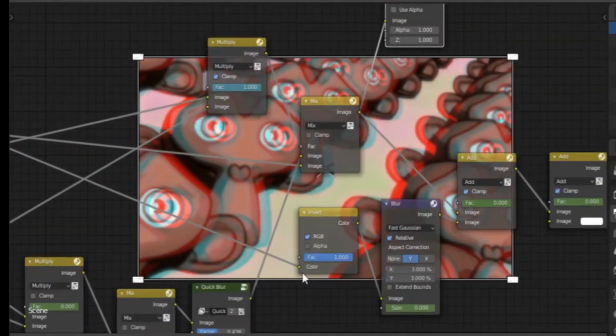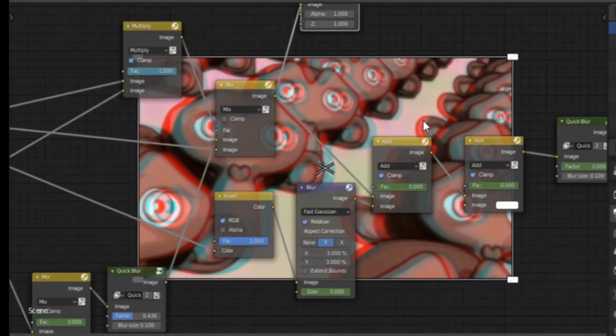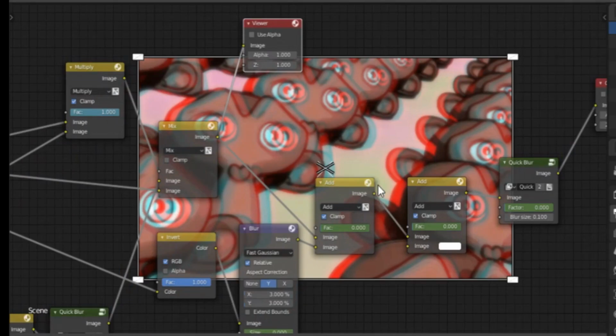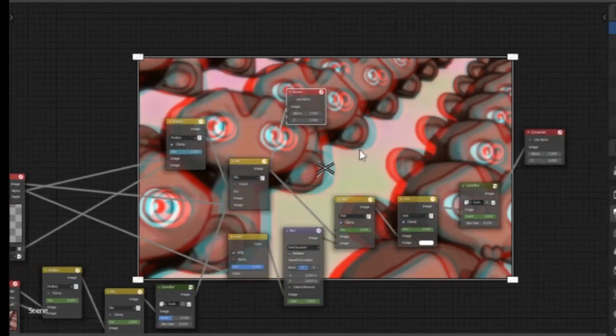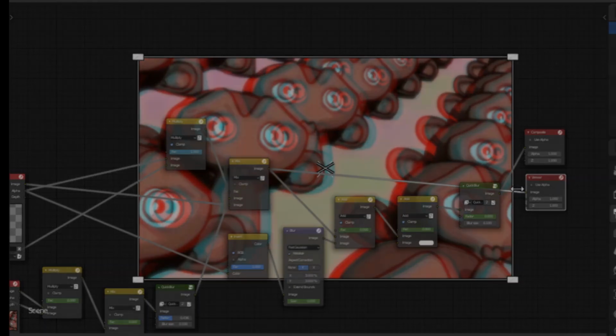And what else? I had to of course invert to create that white outline glow that we covered earlier, which is just what all this stuff is at the end. And that's pretty much it. It's not as complicated as it looks. It just takes a while to set it up. Like with any other effect we can do in compositing, be selective about what you use and where. The great thing about anime as a medium instead of a genre means that these can be used to comedic effect as well. For example,